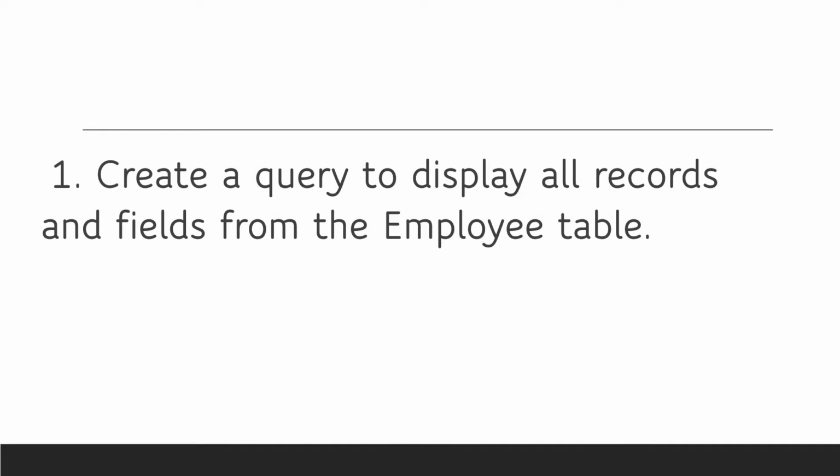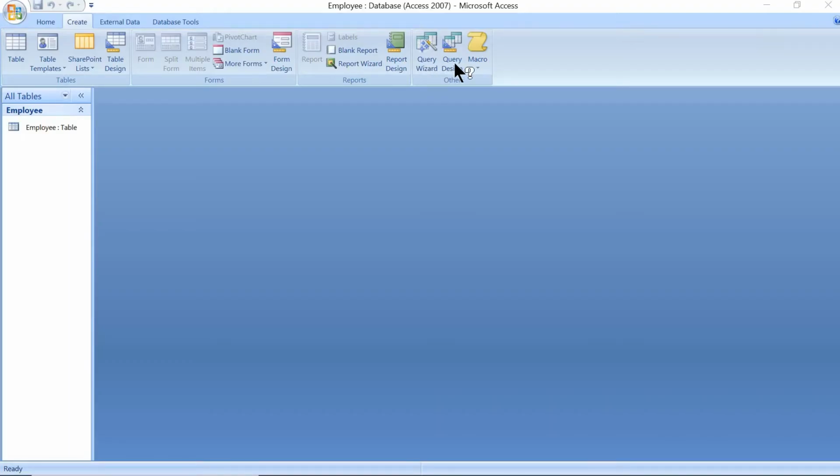One is using the wizard, the other one is using design. Here we can see two things: one is query wizard, the other one is design. Query wizard helps to create a query by asking the user to respond to a series of questions, where we will have a series of dialog boxes in which the user has to select a particular option. Later they have to move to the next dialog box. This method is user friendly but it is least powerful.